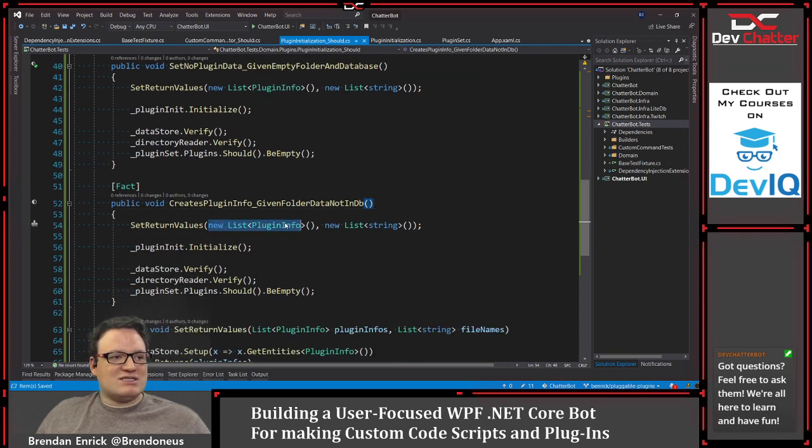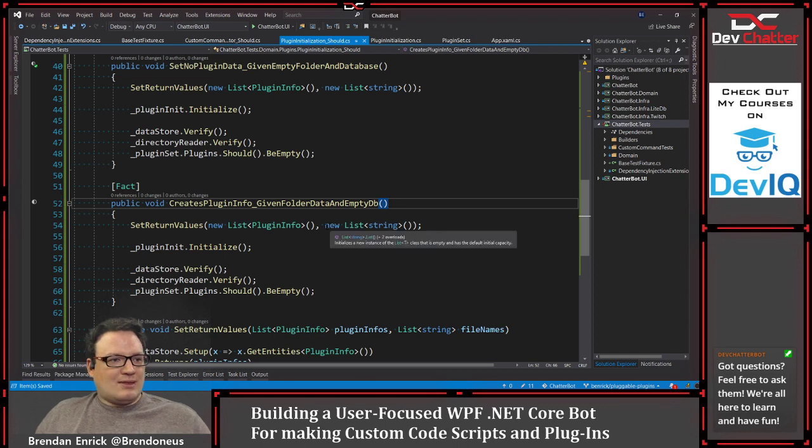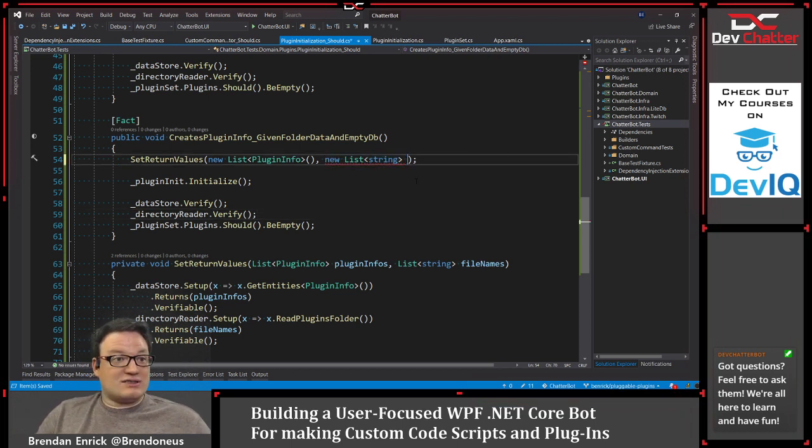So that means database is going to come back given folder data, I'll say an empty DB. So this will be a new list of strings, and we will call this, what would be a good